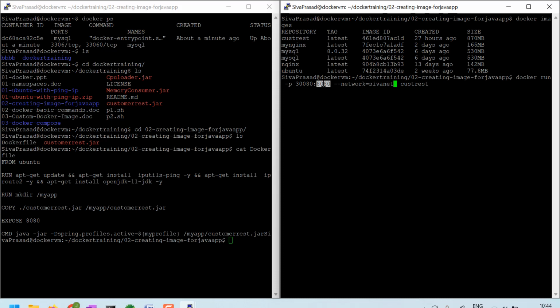And also, if you see, I want to start my customer REST application by activating a profile called prod. So I need to pass this environment variable value, my profile. -e MYPROFILE is equal to prod. So if I pass this environment variable, then while starting the Java application, the spring.profiles.active will